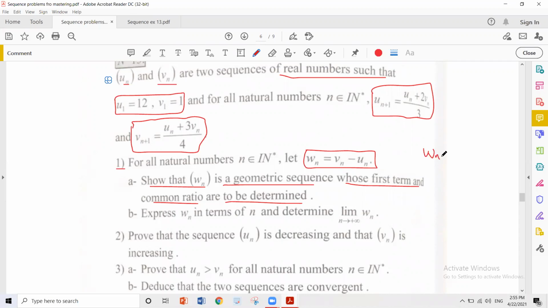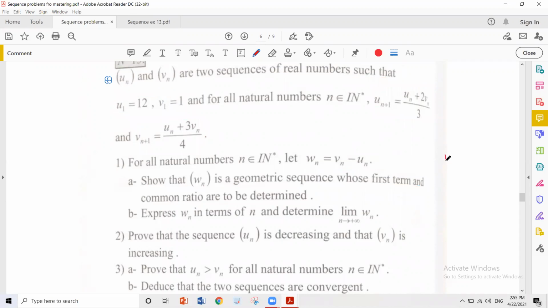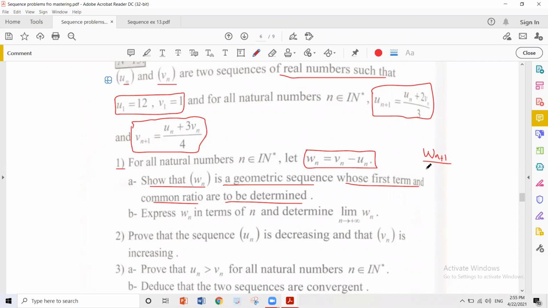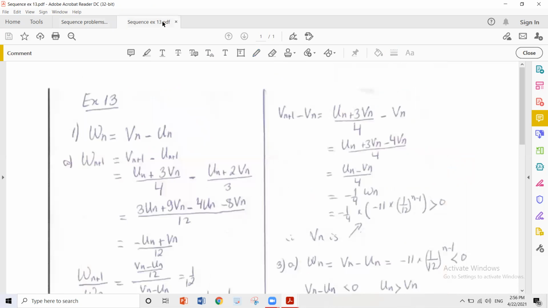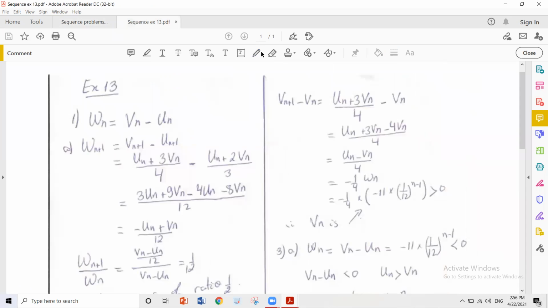To prove a geometric sequence, I have to prove Wn plus 1 over Wn equals a constant number R called the common ratio. So I have Wn, and I have to determine Wn plus 1. So